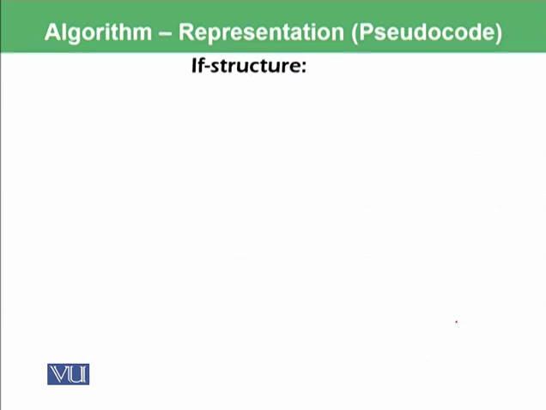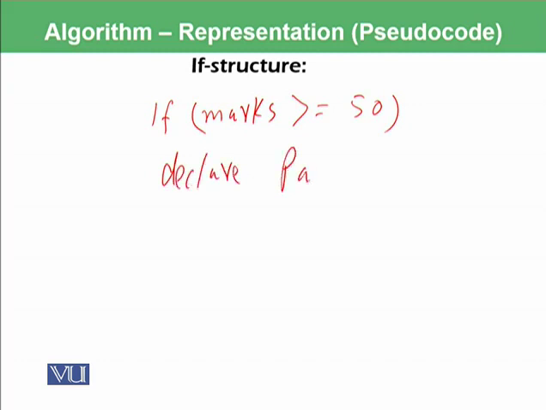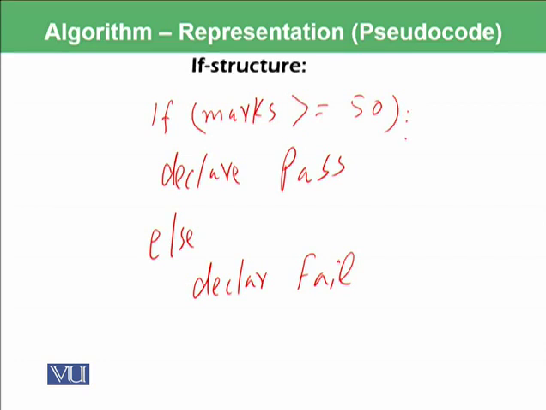Similarly, there is another construct known as the if structure in programming languages. So if you want to represent anything using if, you can say: if marks are greater than or equal to 50, declare pass, else declare fail. And whenever we use if, we will use a colon at the end of the statement when we are using